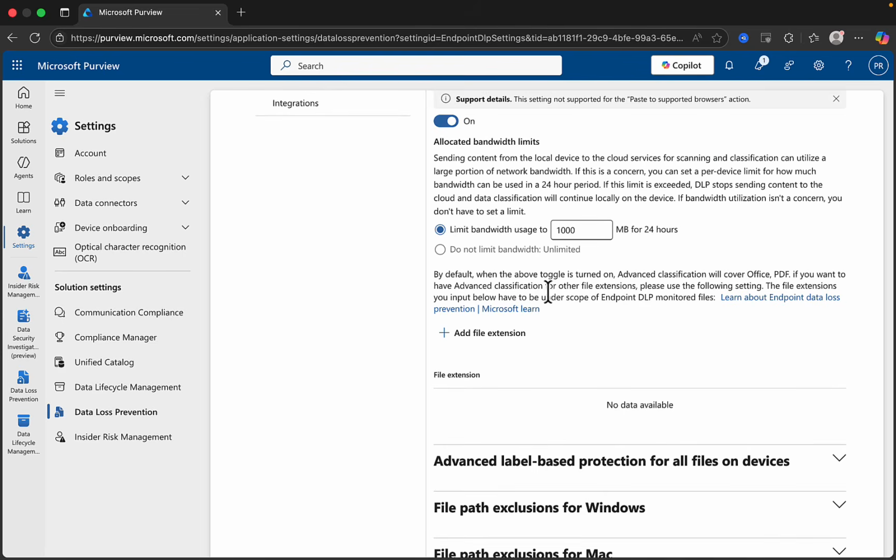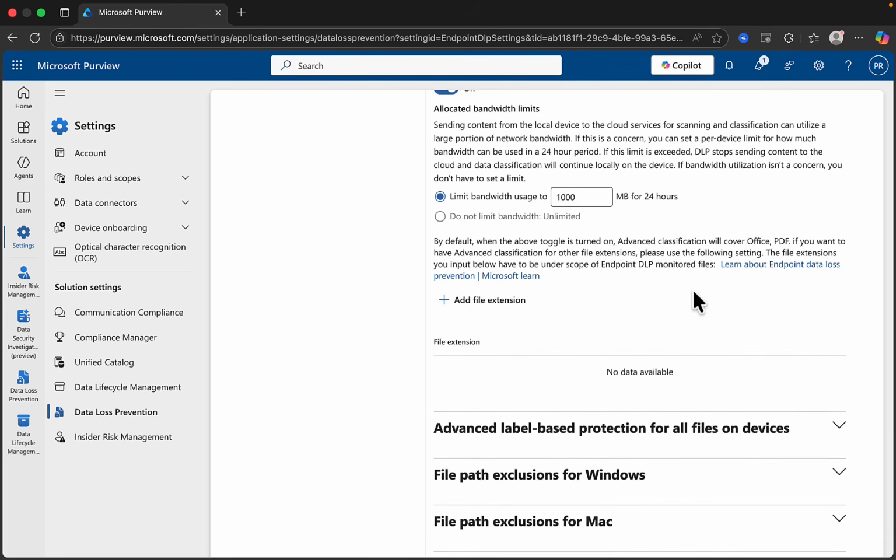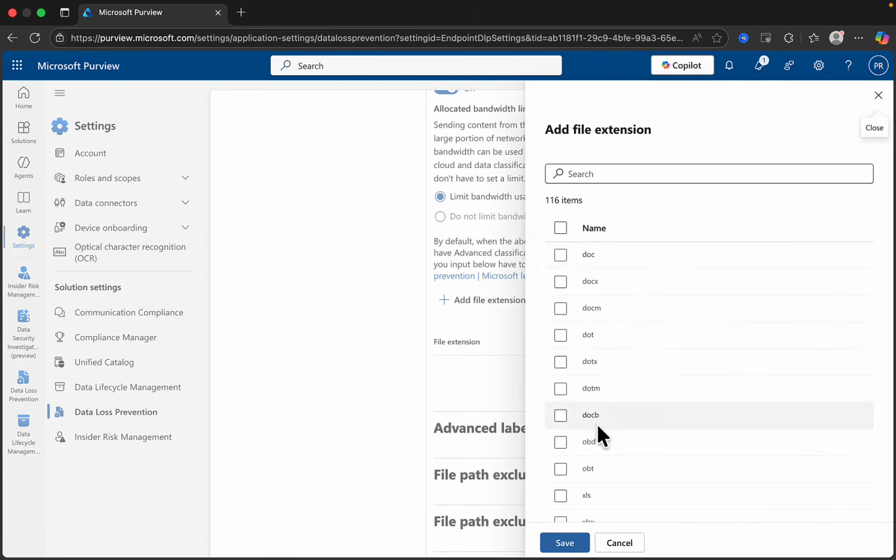And then by default, when the above toggle is turned on, advanced classification will cover Office and PDF. If you want to have advanced classification for other file extensions, then you need to use the setting where the file extensions you want have to be under the scope of Endpoint DLP monitored files, in this section here below. So you can see here we can click and we can add other file extensions